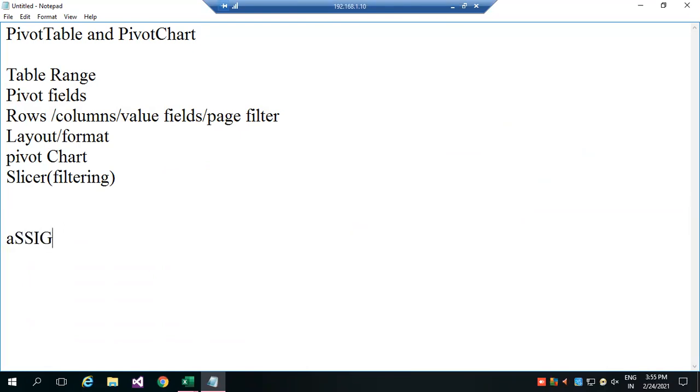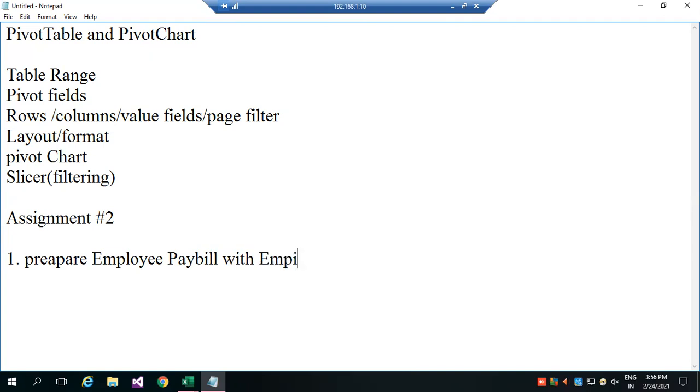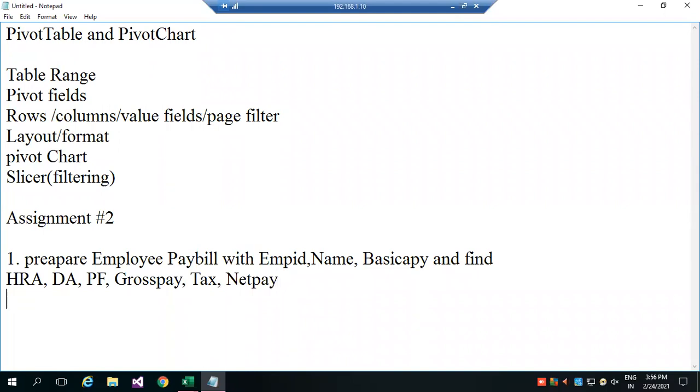So your assignment is to prepare an employee payable with employee ID, name, basic pay, and find HRA, DA, PF, gross pay, tax, net pay for 20 employees.